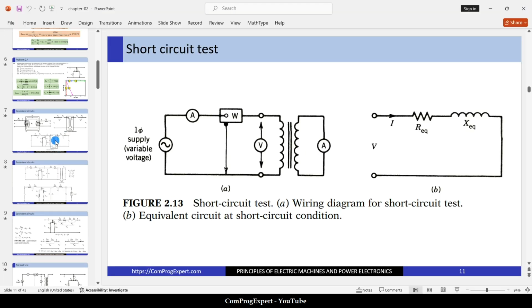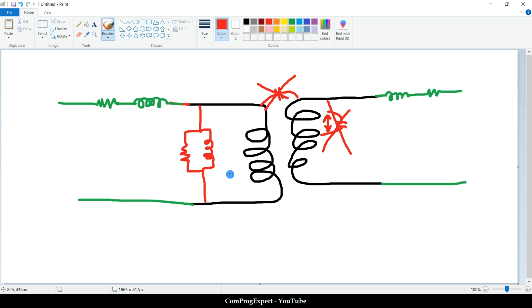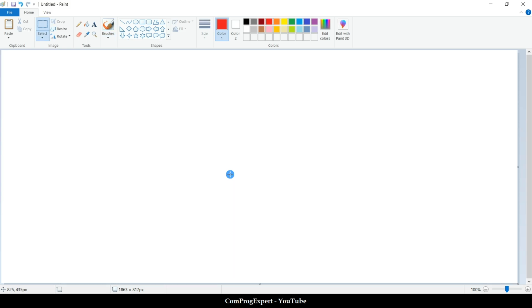Anyway, in this problem, we do the no load test. So the value of the no load power is given, 80 watt. The value of the voltage is given, that is equal to 120. The number of turns also is given here, 500 turns for the primary winding. So here we have this case. We have